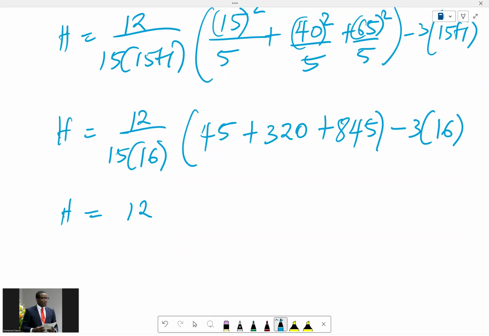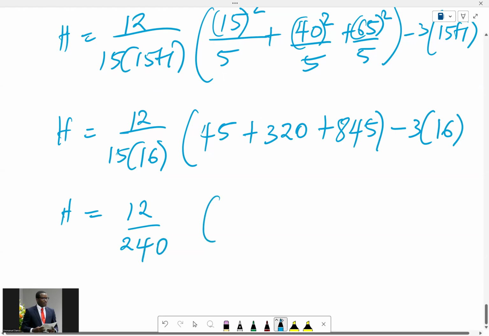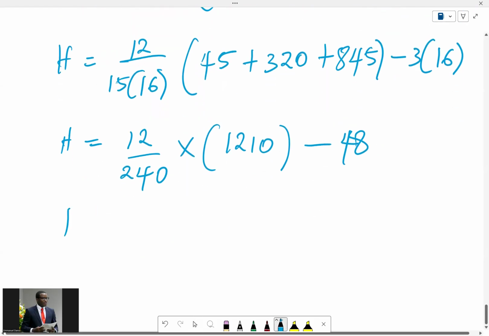How do we make this easy? If you bring 2 from 16, that's 30 times 8, that's 240. 240 into 45 plus 320 plus 845 is actually 1210. All of that, this is multiplication now, all of that minus 48. So H is equal to